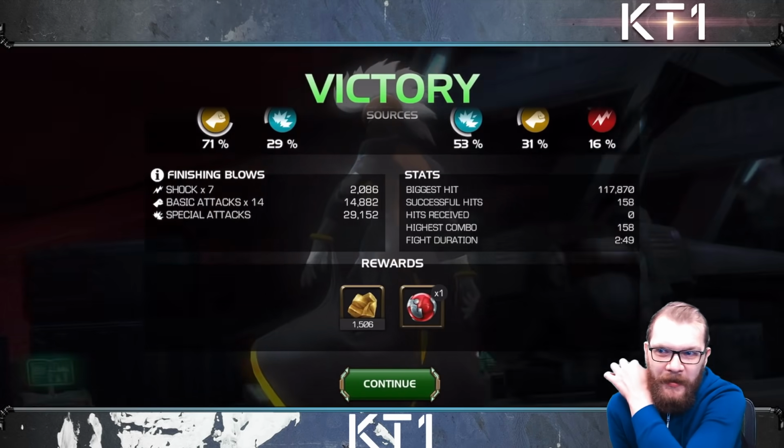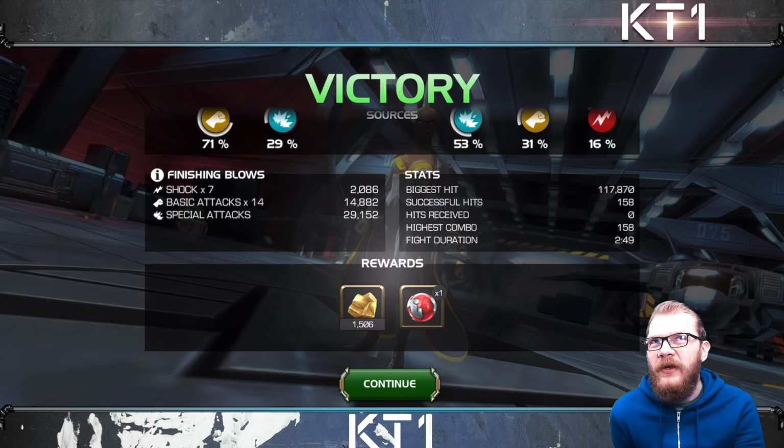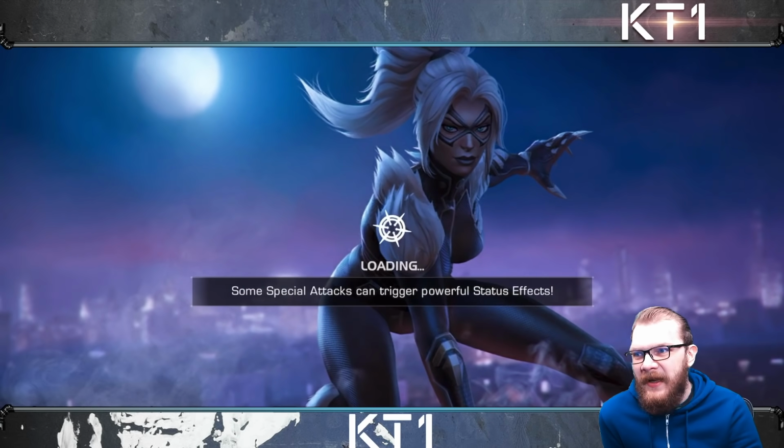The fight is over, and this was almost twice as fast. Could have been twice as fast. So there was a massive difference between unsynergized Storm and synergized Storm. And obviously now we're gonna make Storm Horseman of Apocalypse pre-buff,